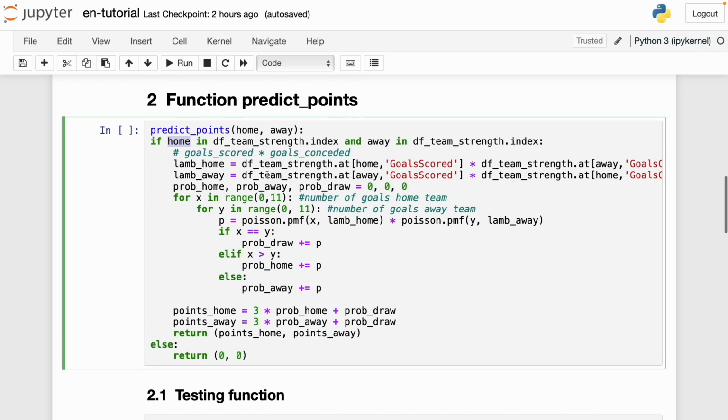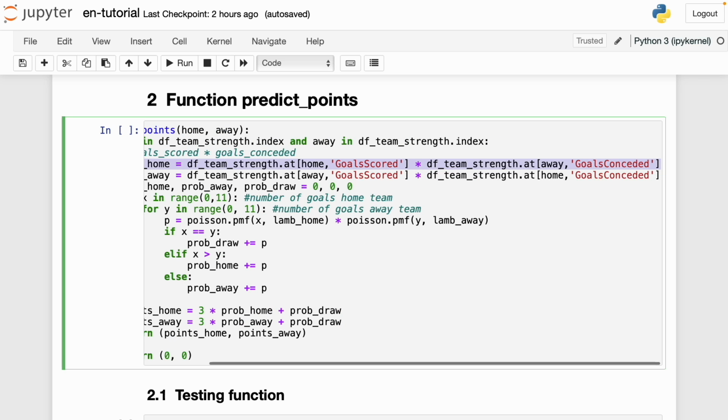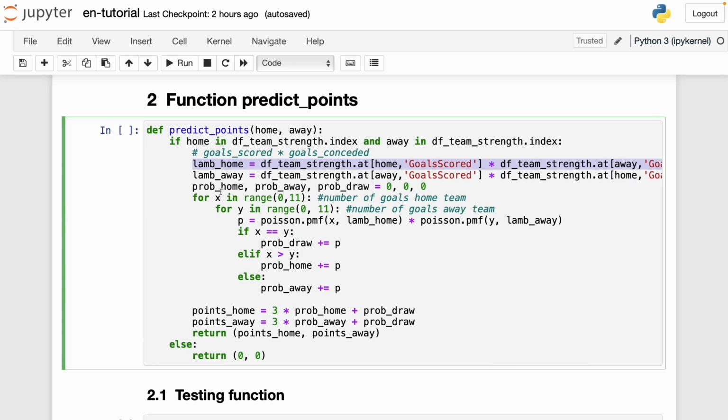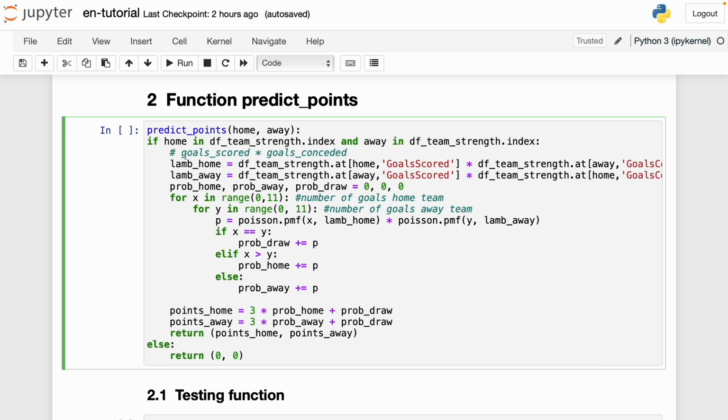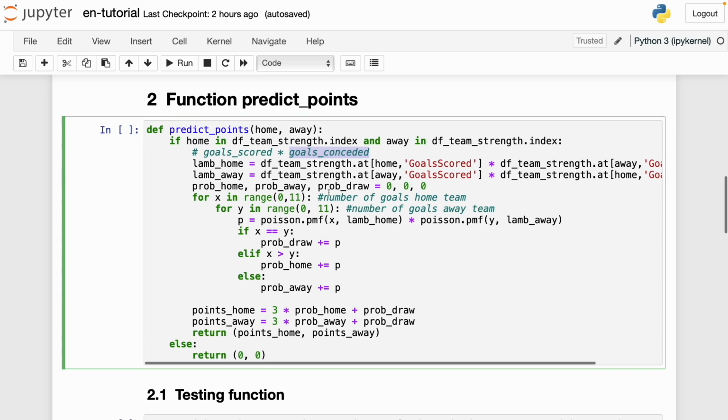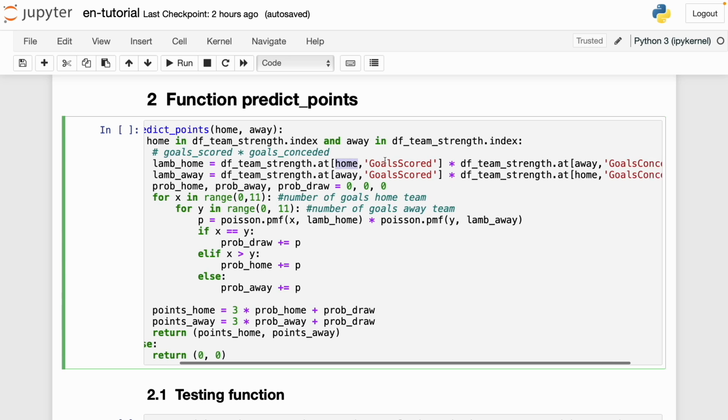Okay, now after this condition is true, we calculate the lambda. And as I mentioned before, we have 2 lambdas: 1 lambda for team A, or the home team, and 1 lambda for team B, or the away team. And the way we calculate the lambda might change. In my case, I did it in this way. I multiply the goals scored with the goals conceded. So this shows how many goals a match can have, and it's based on the goals scored by the home team, in this case home, and the goals conceded